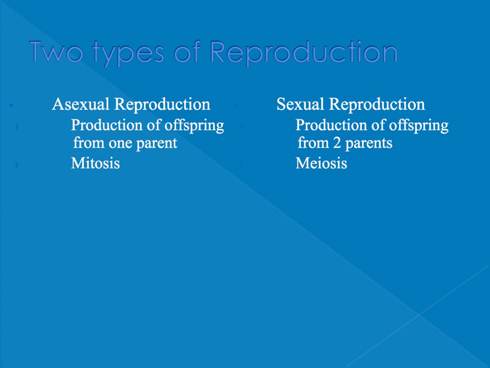Okay, so there are two types of reproduction, asexual reproduction and sexual reproduction. Asexual reproduction only involves one parent. And so mitosis, which is what we're going to learn in this video, is considered asexual reproduction. Sexual reproduction involves two parents, and that is going to be meiosis, and that will be in the third